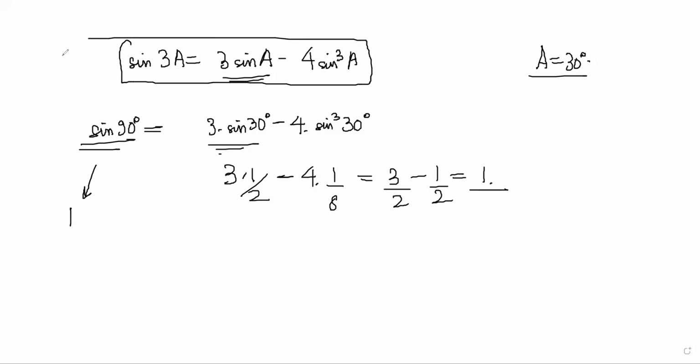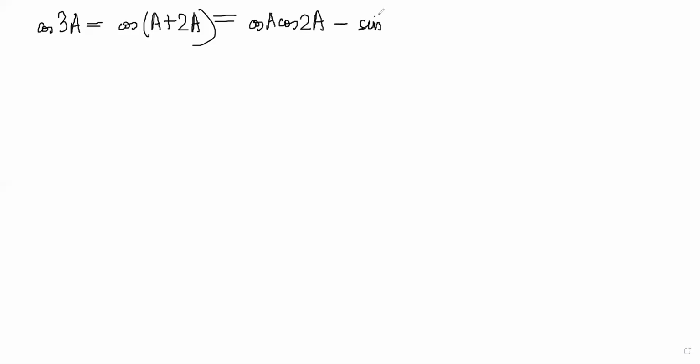The way I did it is nothing special or very difficult. We just expanded it and removed all the cos terms by using the formulas that we know, right? So for example, if someone asks you what is the result for cos 3A, what I will do is cos of A plus 2A, and then write that as cos A cos 2A minus sin A sin 2A. I remember the formula. And then cos A is there, cos 2A. How do we remove the 2A term, right?